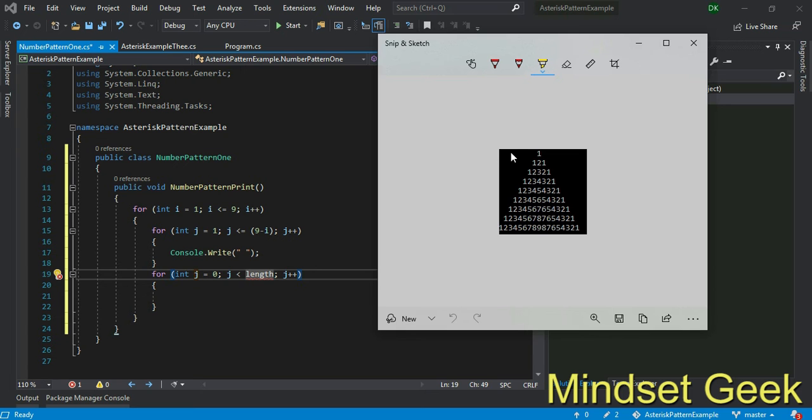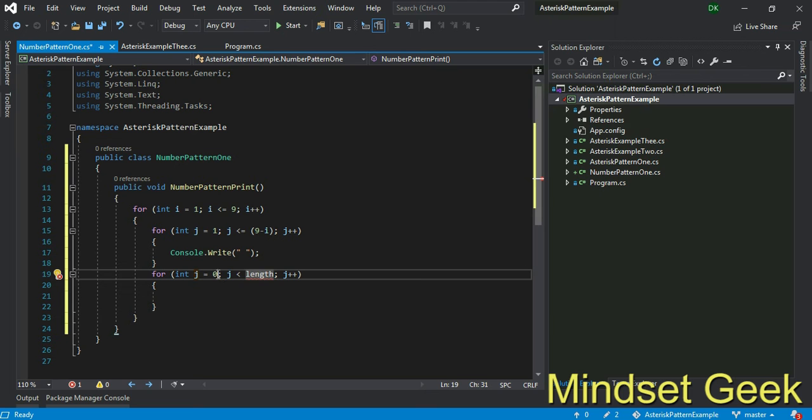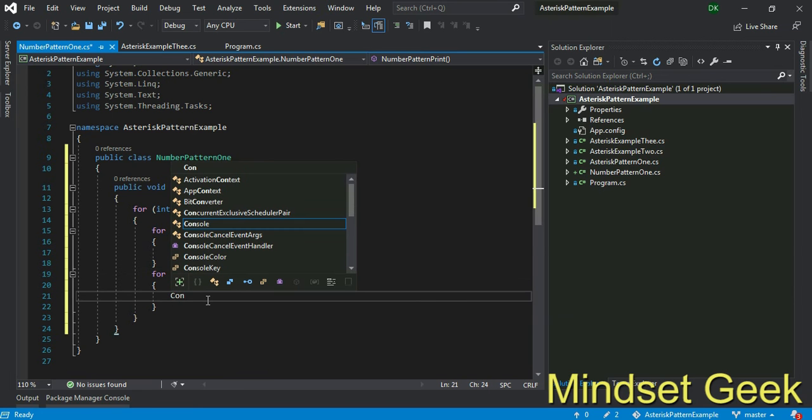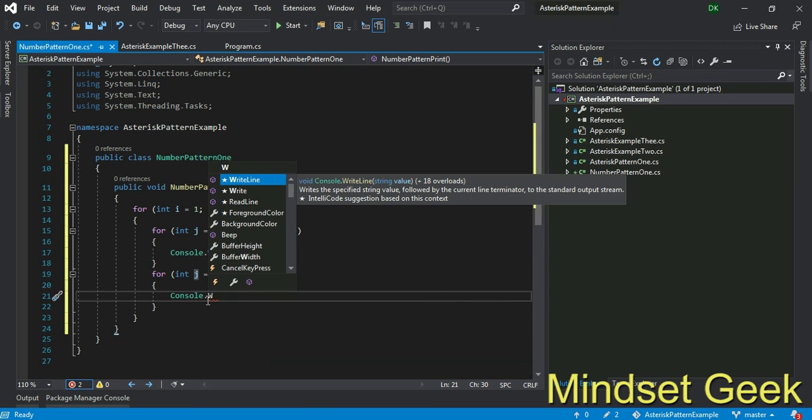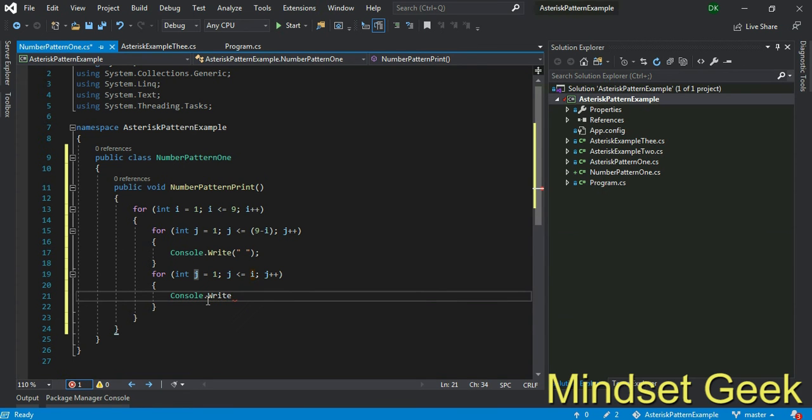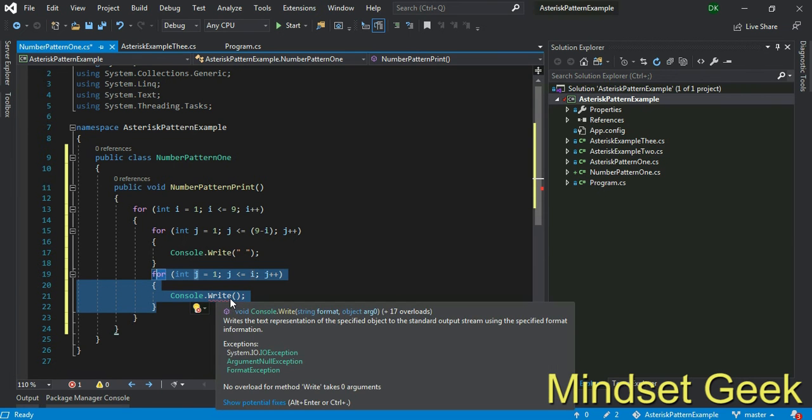I want to use 1 to some value, right? It starts from 1 to some value. This will print with Console.Write, not WriteLine. The content in this for loop and in this for loop will all print in the same line, right? Because we still didn't use the WriteLine concept.